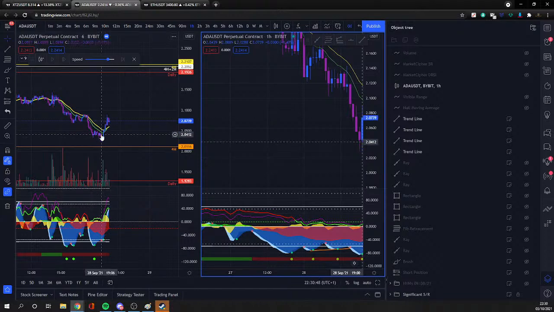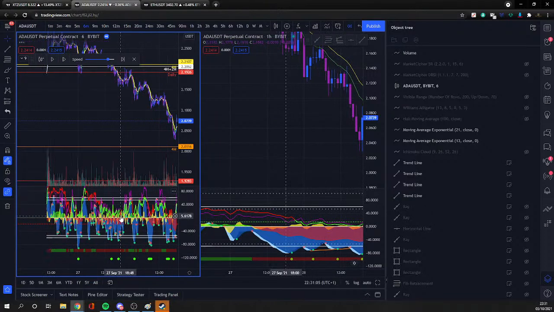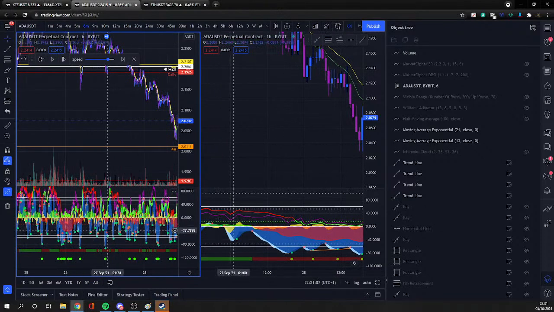A small pump. Have a kind of rule of the thumb with lower time frames as well. If you actually go back to peaks and troughs, you'll notice that a lot of the time